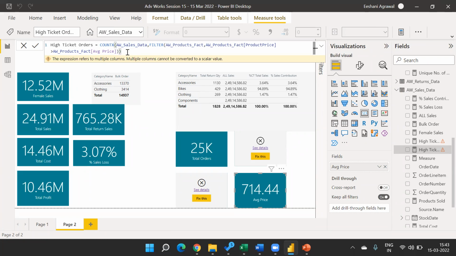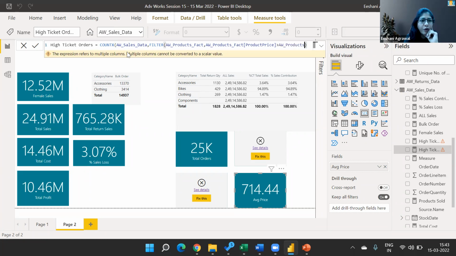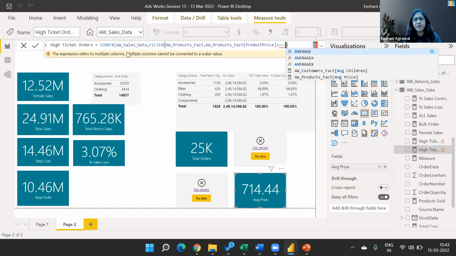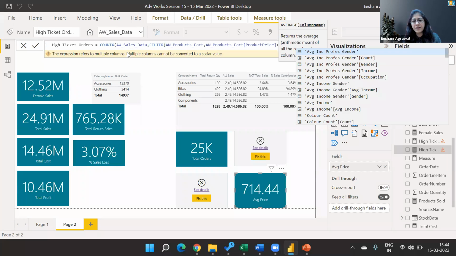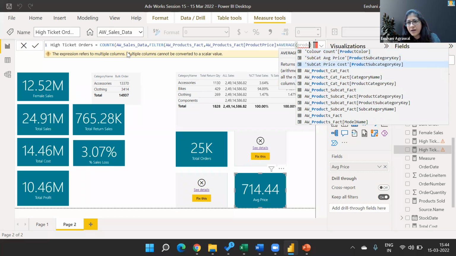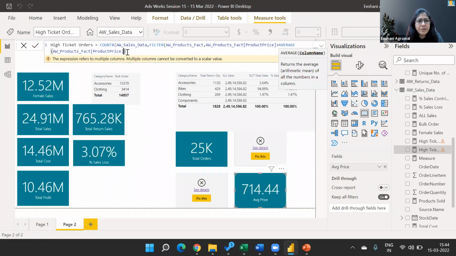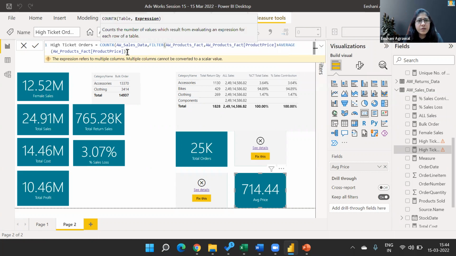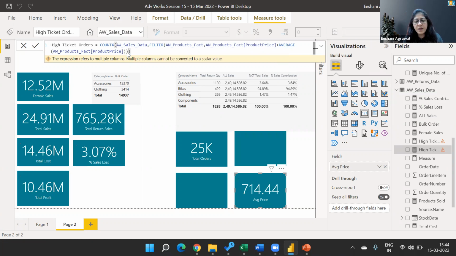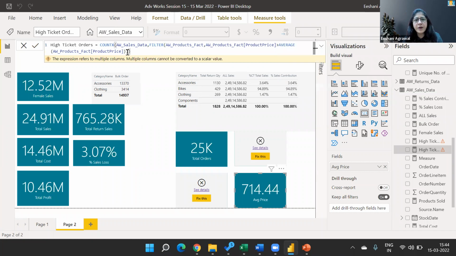of the product price. I think the challenge is more than the formulas. This average is giving me trouble. If I put an average over here and give a product price, just close this. This is for filter. This is for context. No, where did I go wrong? I'm doing filter. The expression refers to multiple columns. Multiple cannot be into scalar. Right. So if I say,